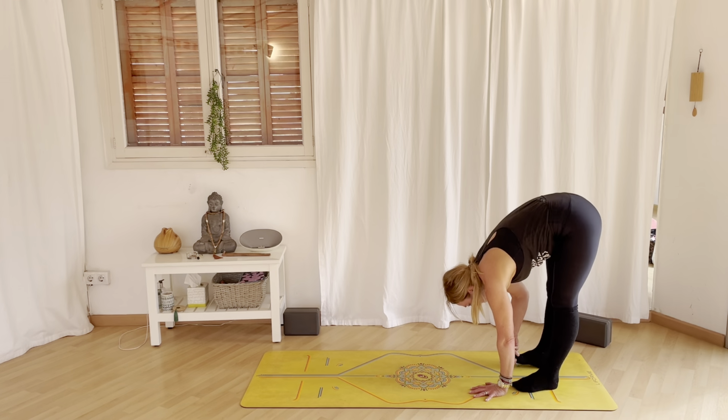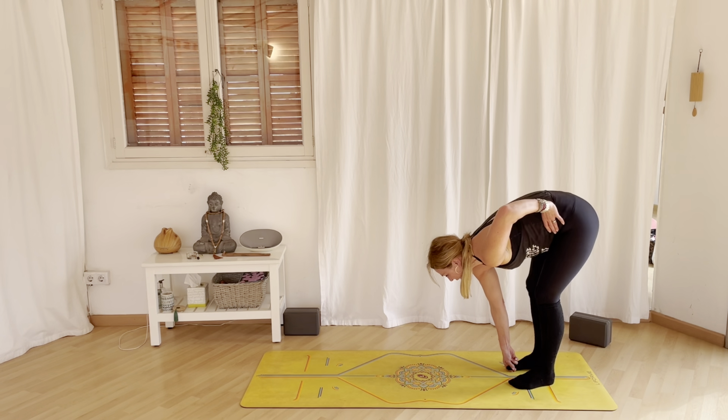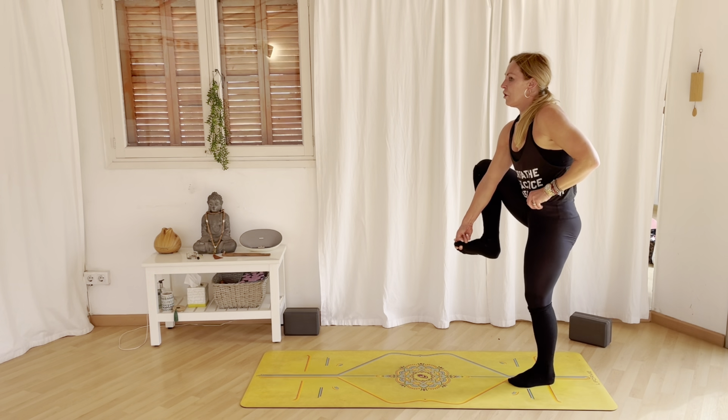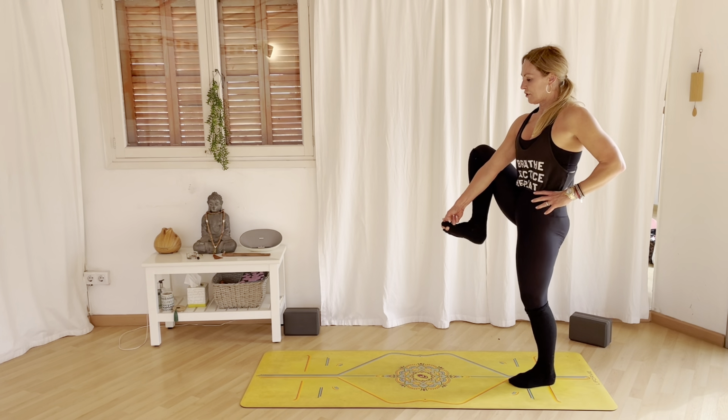I've got my socks on today. It's cold here in Mallorca. And even though the sun's just starting to come out, which is gorgeous,